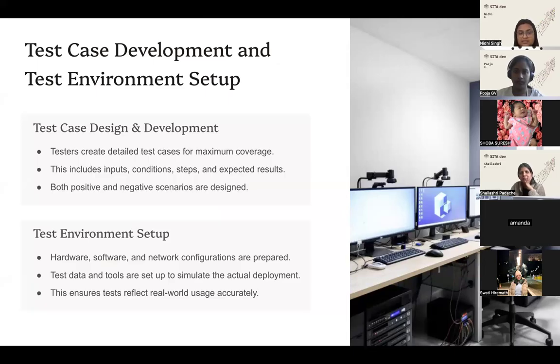A good test case is always repeatable, and it will cover the entire thing. It's not that testers cover only positive cases. Positive case means they are checking with the correct input, but they have to cover negative scenarios also, meaning they are checking the application with negative or improper test data too,